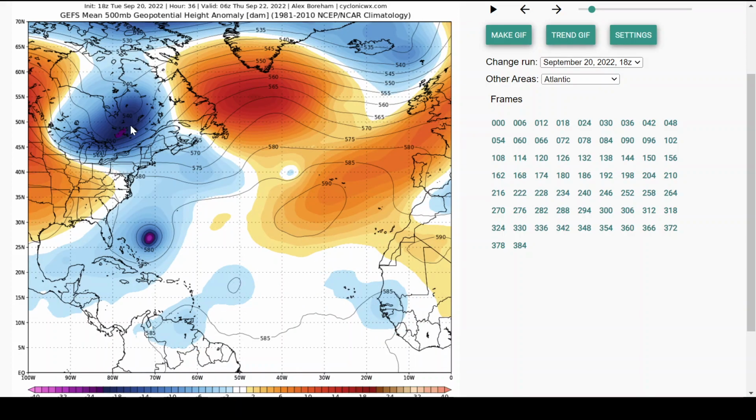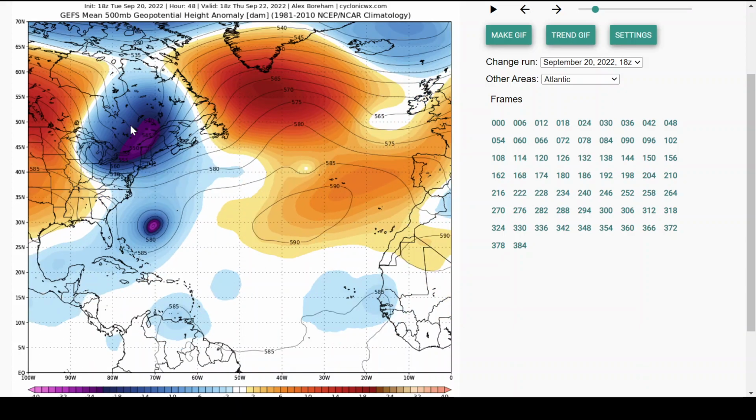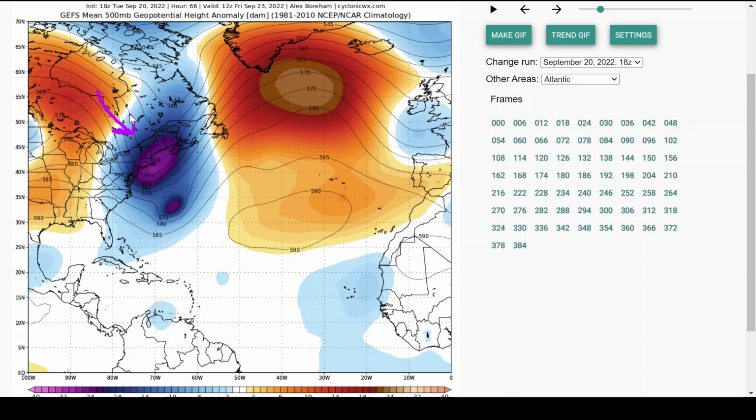There's a very troughy pattern off the east coast right now, and so there's no way it's going to turn to the left because there isn't really a whole lot in the way of ridging. So it'll get drawn up north by that troughiness, and then we'll have this very deep trough come down from Canada and dig down into the east coast, and that will pick up Fiona and get it to